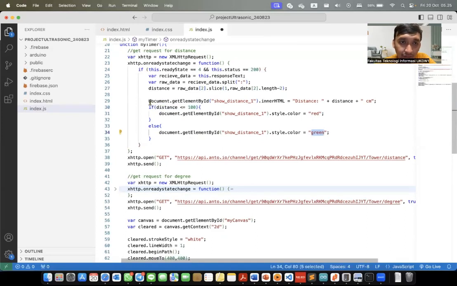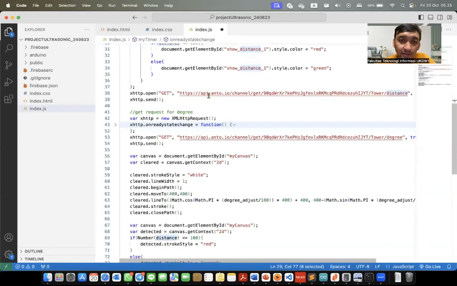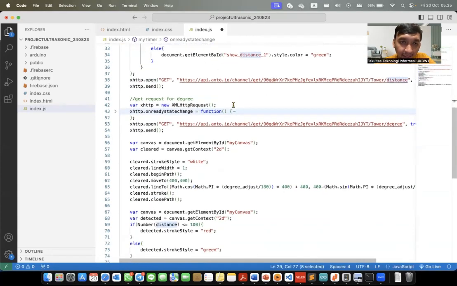We also put the value in the show distance. The string value is the distance plus the sensor value here. And we send the get request to our Anto API.